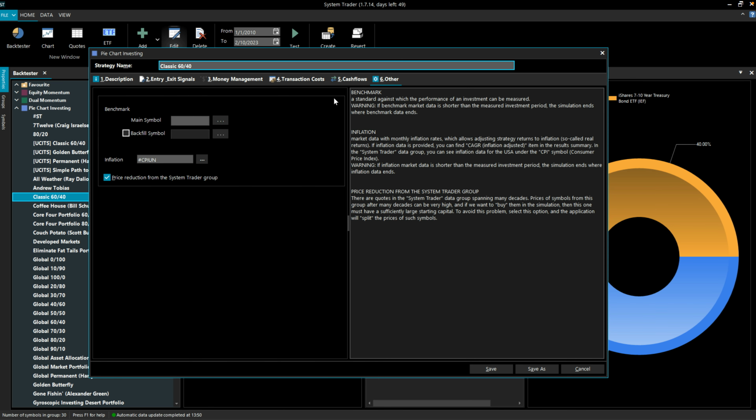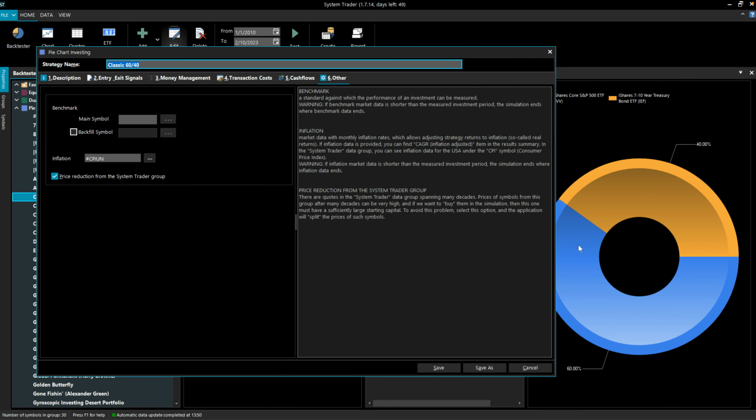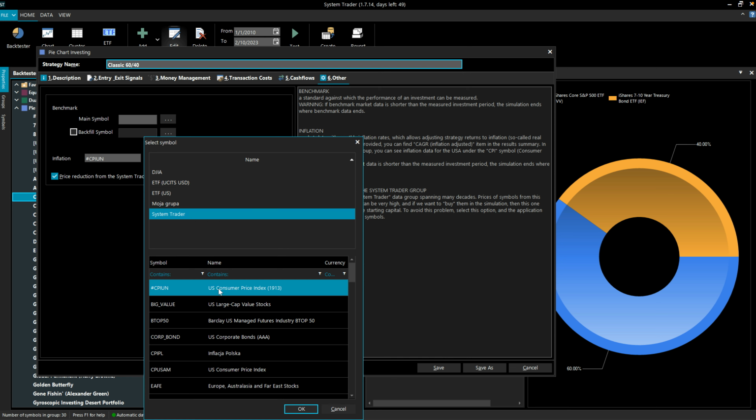And the last tab, other. Here you can set a benchmark. So for example, let's say we have a 60-40 portfolio and you want to see how the performance of that portfolio looks compared to a certain benchmark, let's say the S&P 500 index. And inflation, if you want to adjust the results from the simulation for inflation to express them in so-called real terms, then you have to specify the inflation. And inflation, of course, is different based on the countries. Like here in that case, we specified the inflation from the United States, the US Consumer Price